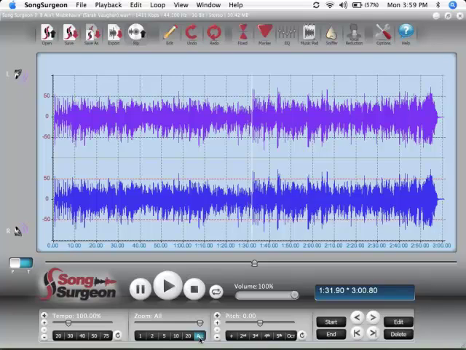All right, Mac users, here you go. Here is the Mac version of SongSurgeon, and this is version 3. Whether it is standard or pro, it will look the same. I'm going to work with the pro version here today and give you